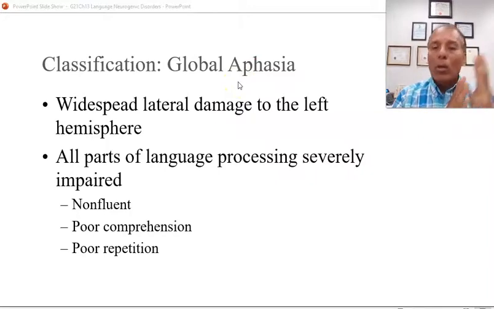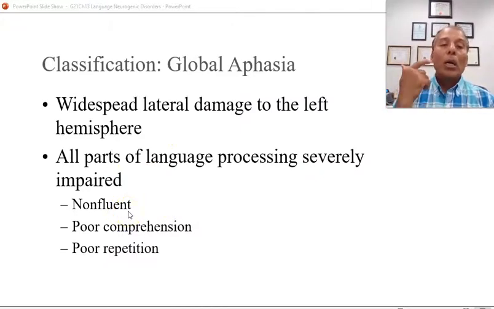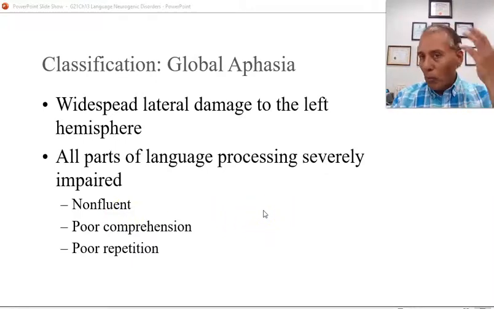So all across the left hemisphere, there's widespread damage, and all parts of language processing are severely impaired in terms of motor production and comprehension. You can imagine that Broca's area is affected and the circuits around it,